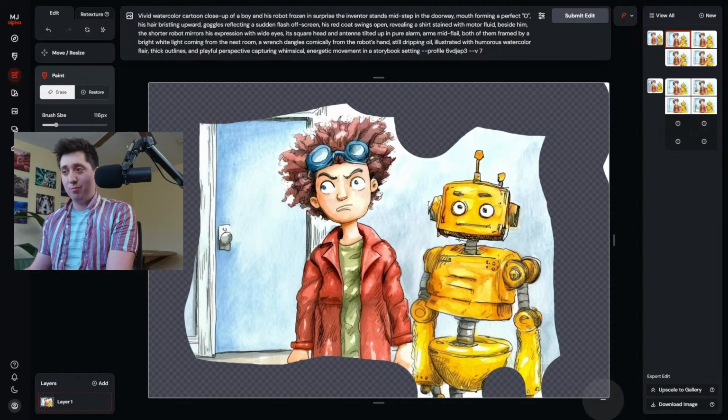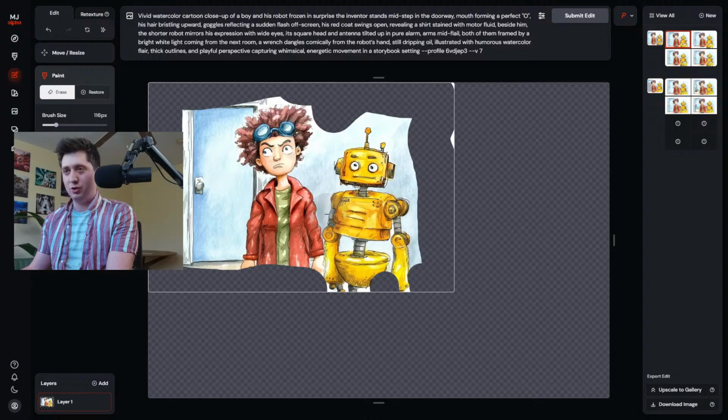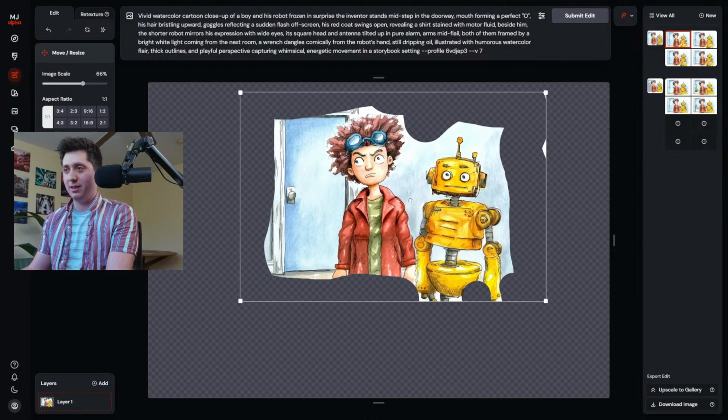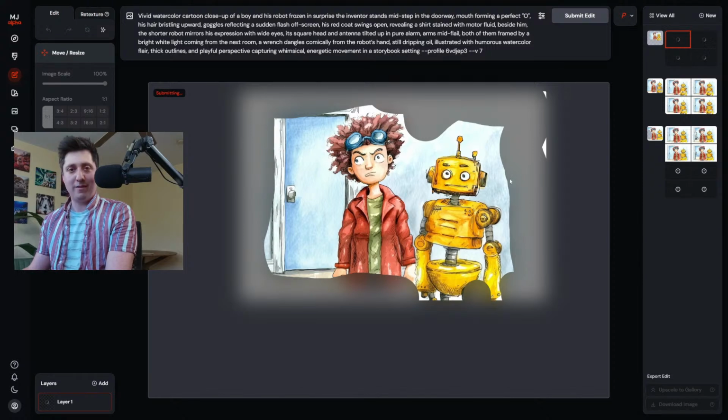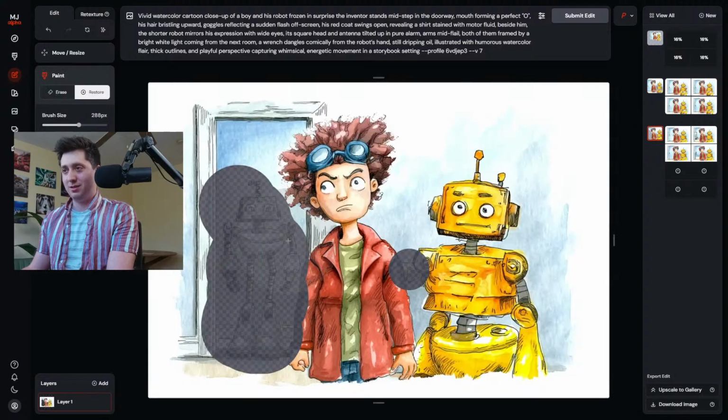And now what the editor has always been good at is zooming out and keeping the quality that you've come up with and generating this. And now we have this new expression and this new scene,